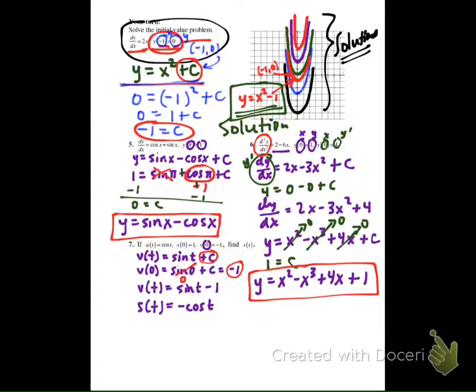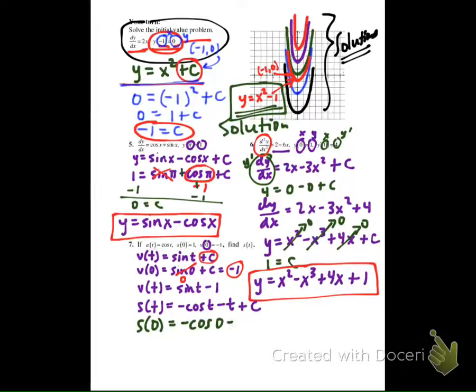Be careful here, because the antiderivative of a constant is just the variable itself. The derivative of t is 1, so the antiderivative of 1 is t. And don't forget the plus c, because we have to add in our initial condition. So we know that s of 0 is 1, so we write s of 0 is equal to negative cosine